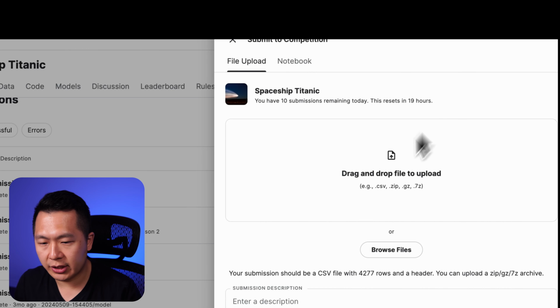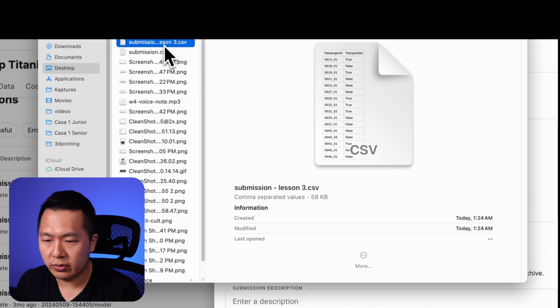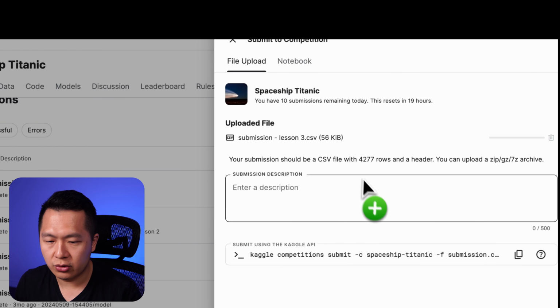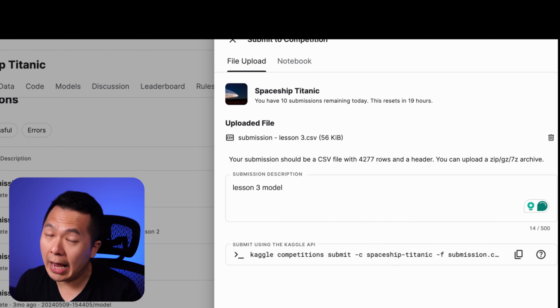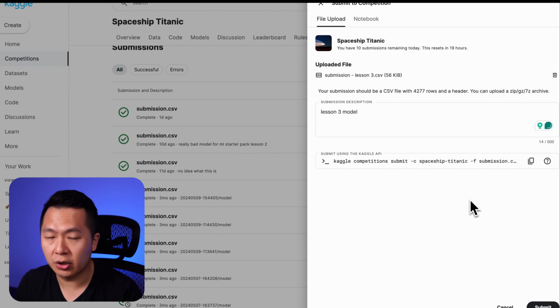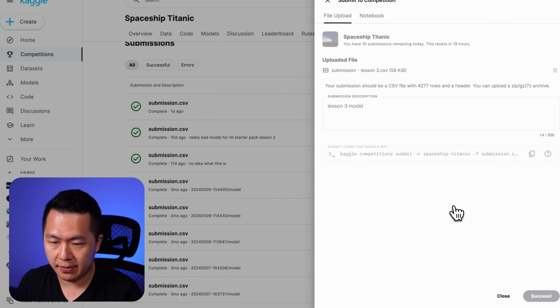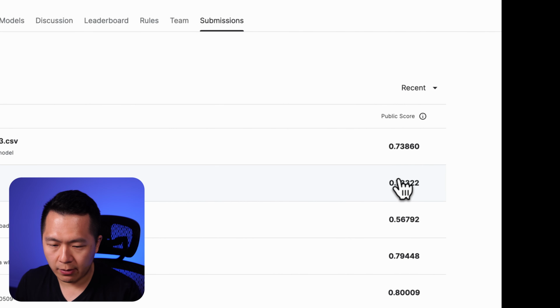Click on submit prediction, go over to where you downloaded your submission CSV file. So you see over here, less than 3, drag it in, put in less than 3 model. Okay, I actually don't know what the result's gonna be. It could be good, it could be bad, we'll see. And submit. Nice, we actually did better than when I was preparing,